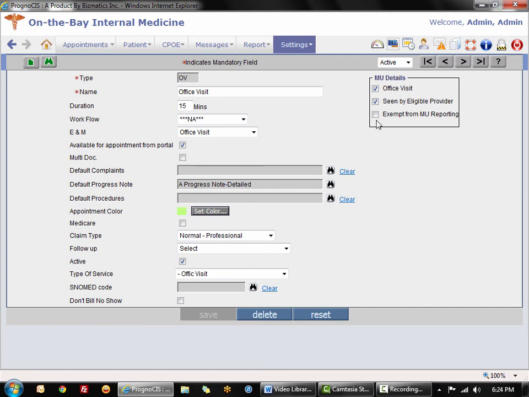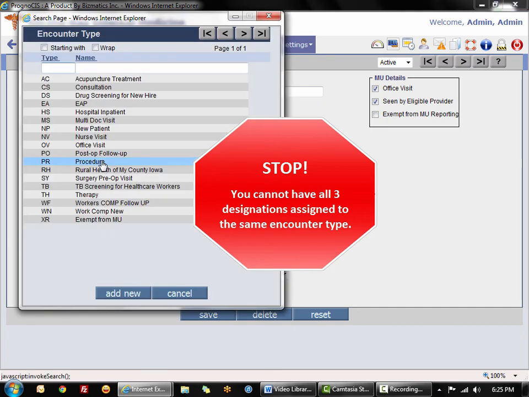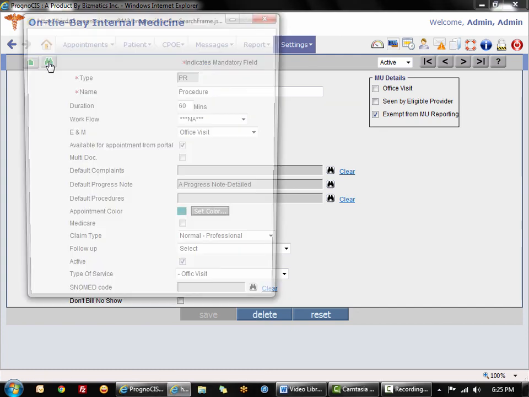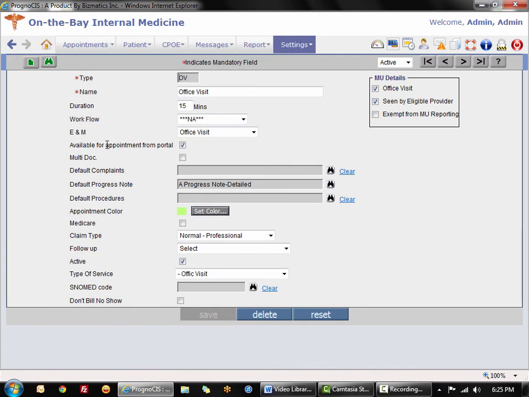Now notice if it is seen by doctor and office visit, it cannot also be exempt. So you cannot select all three. But in the case of, let's say, surgery or procedures, maybe you don't do those in-house, so you could flag those as exempt. And now finally, when we talk about SNOMED code, if I go back in here to office